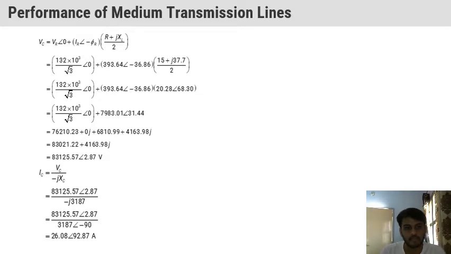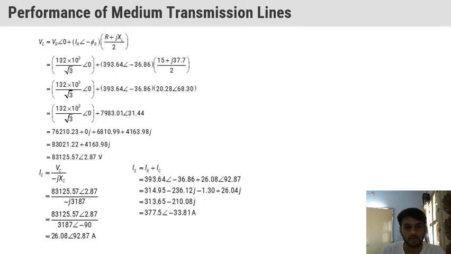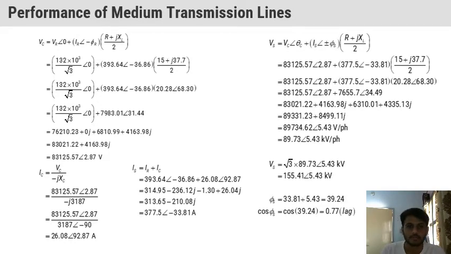After this equation we get the value of VC, and this is the value of IC. IC is calculated similarly to the previous one. Combining the values of IR and IC, we get the value of IS. Finally we put in all the values and calculate the value of PS. These are complex examples. In the exam sometimes they come and sometimes they don't, so don't worry.